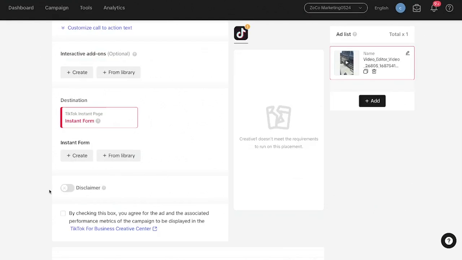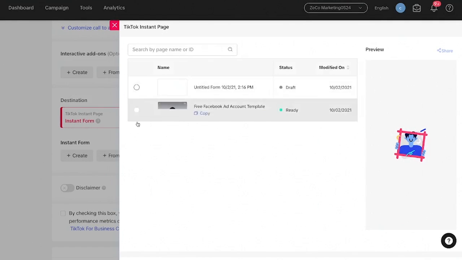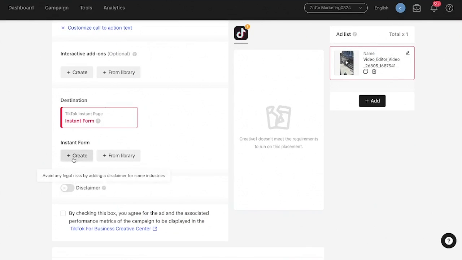Okay, and next, this is where the instant forms come into play. So this is where you can actually create your instant form, or if you've already created one, you can choose it from the library here. You can see I have a couple of other demo ones that I've created, but I want to show you how to create one from scratch. If we hit create here,